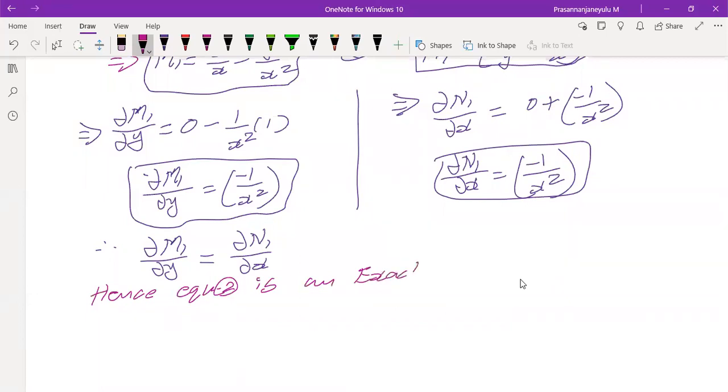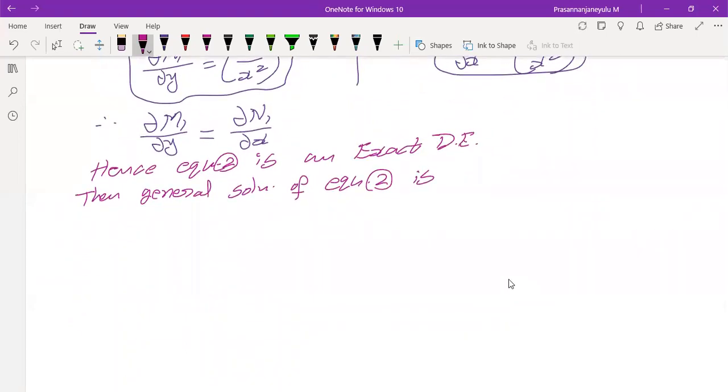Whenever it is an exact differential equation, we have to go with the general solution. What is the general solution of equation 2, the formula? The general solution of M1 dx plus N1 dy is the integration of M1 dx, with y constant, and we have to write the same, plus the integration of